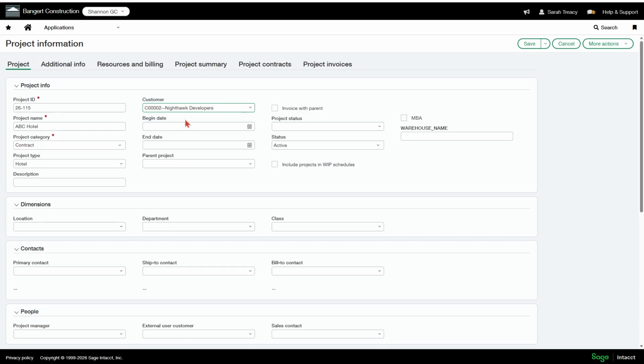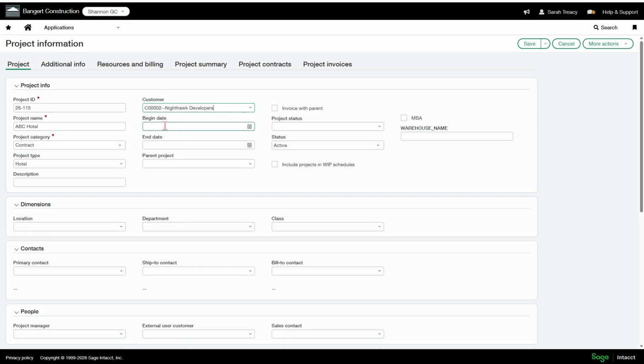So if you change that halfway through, it's going to be a bit of a nightmare. So we don't recommend changing the customer on a project. If at all possible, avoid changing the customer midway through a project. But you are going to want to put one on if you want to bill out to the customer.